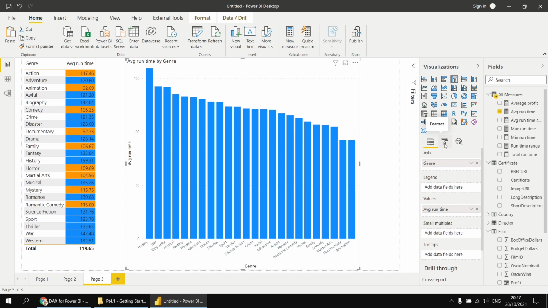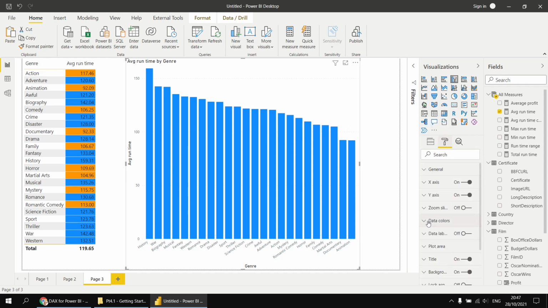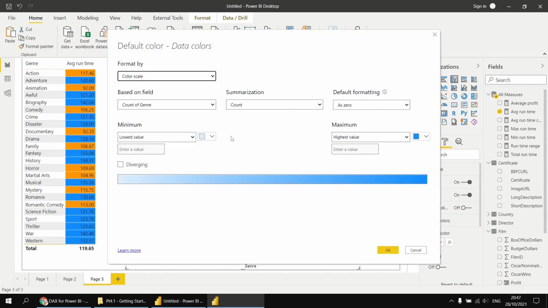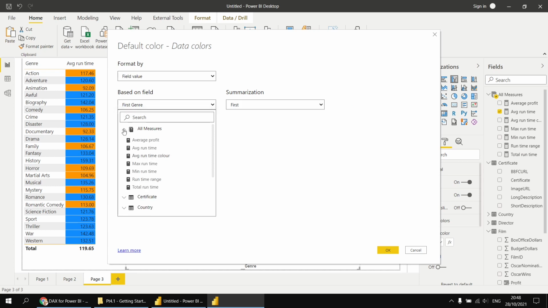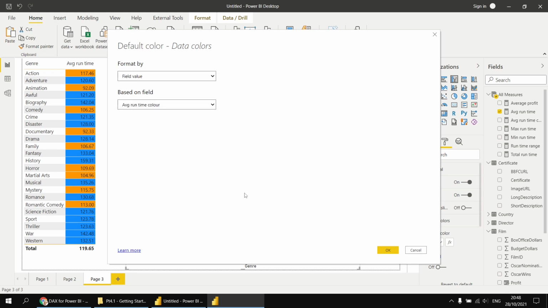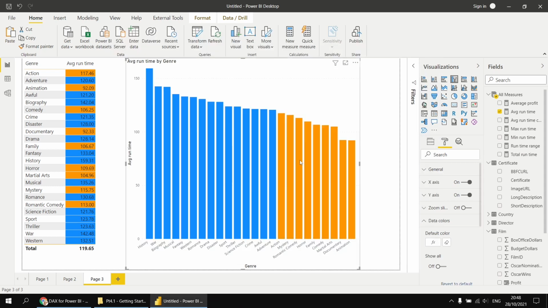Then I'm going to format the chart using the format pane, and in the data colors category, find the default color property and look for the little FX button to the right hand side. This always indicates you can use conditional formatting to set the value of that property. So I can open up that same dialog box we just saw for the conditional formatting in the table, choose field value, point to my all measures table and choose the average runtime color measure. When I click OK, it applies the same conditions and formatting rules as to the table that we copied the